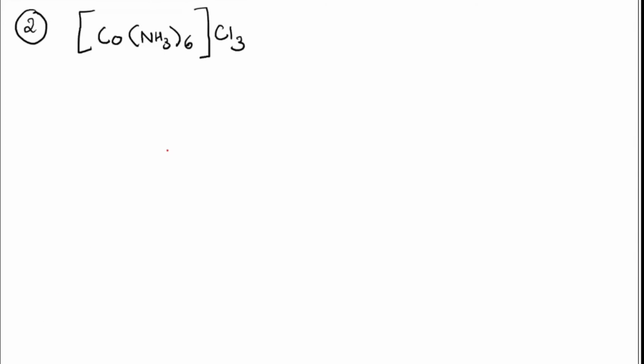Yeah, again start with the ligand. Okay, first the name of the ligand, alphabetical order. But now here you can see only one kind of ligand is present. So if you have one kind of ligand, you need to use a prefix. Okay, and here NH3, that's amine. How many are there? 6 are there. And 6 is called hexa. So that means I should write here hexa and then amine. Okay, 6 are there. So hexaamine.